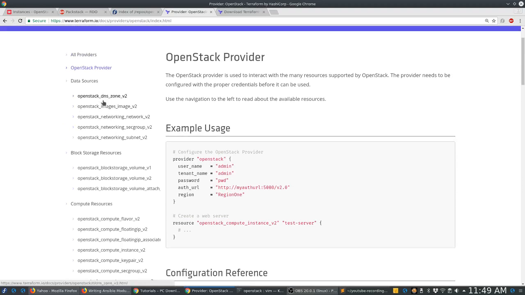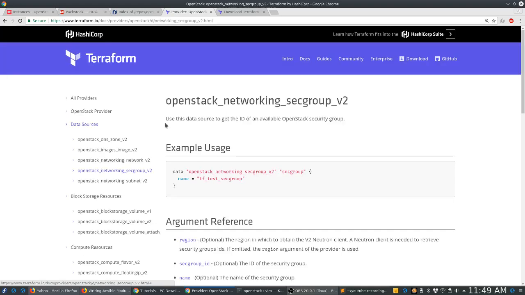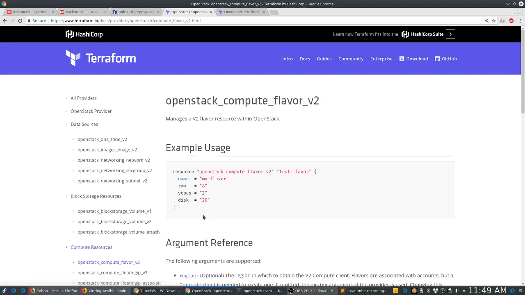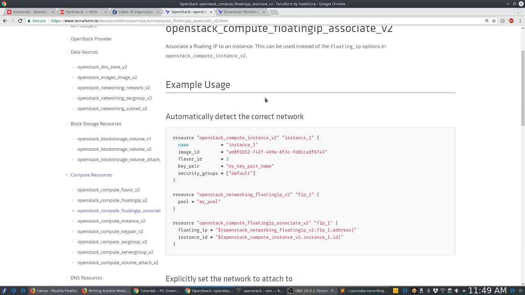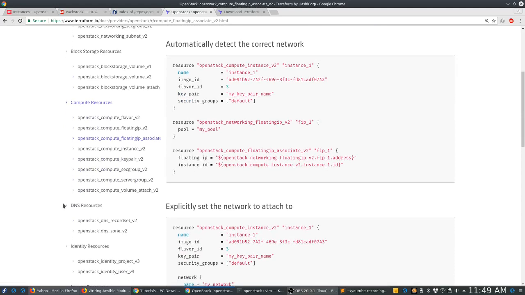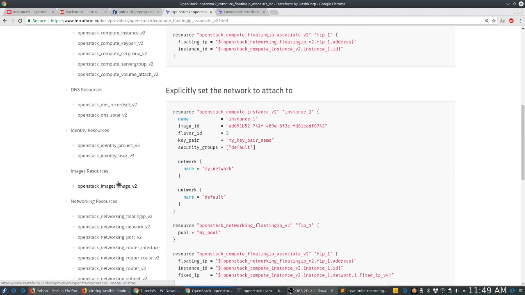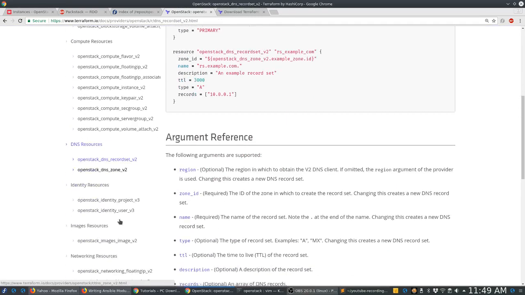You can have the DNS, networking, security group, floating IP. If you need to create a floating IP, create it and associate it. Floating IP association, or DNS record sets,